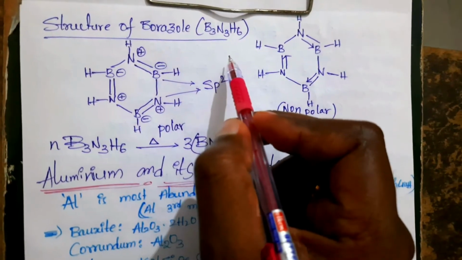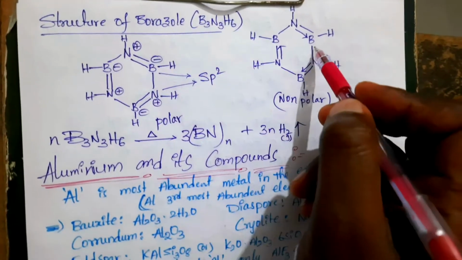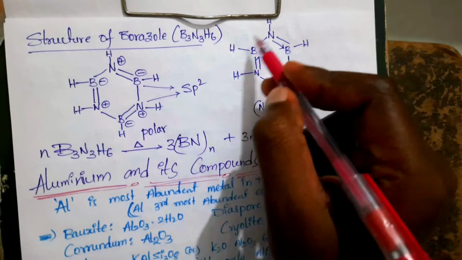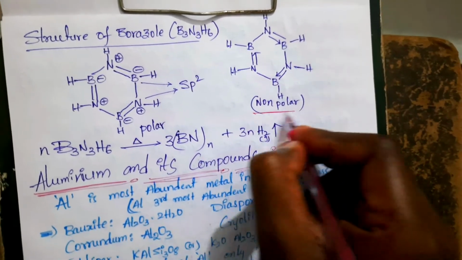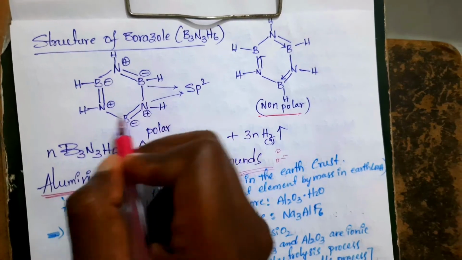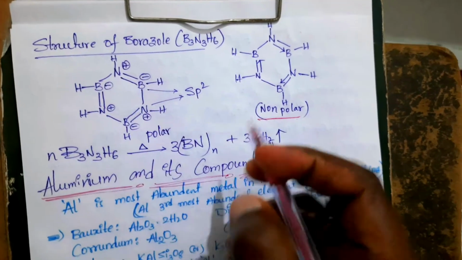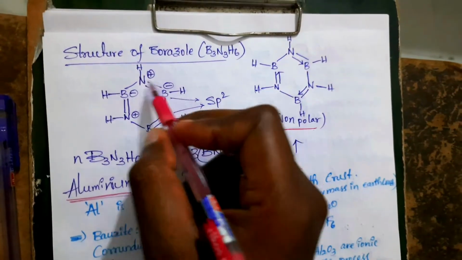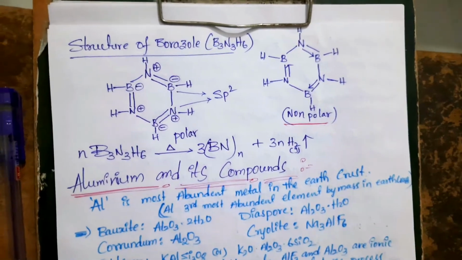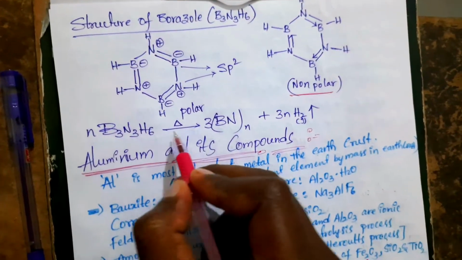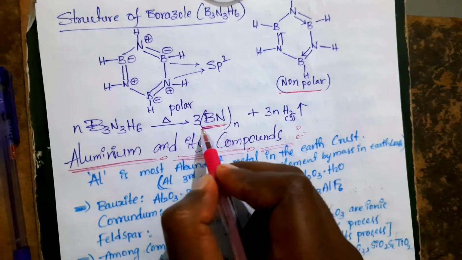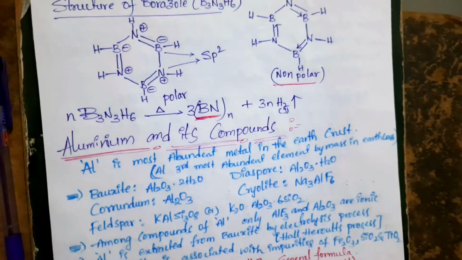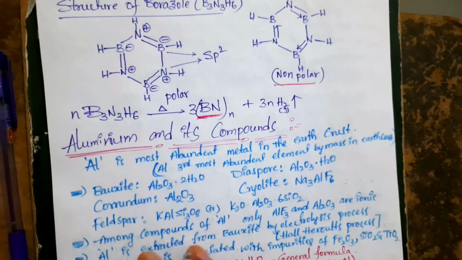Now we can see the borazole structure here. It resembles benzene. Just as in benzene we have 3 pi bonds, here also 3 dative bonds are there in alternate positions. Benzene is a non-polar molecule, while borazole is a polar molecule, in which the 3 pi bonds are in continuous resonance. Just like in benzene each carbon is sp2 hybridized, here each atom involved in the ring will participate in sp2 hybridization. Whenever this borazole is strongly heated, we'll get boron nitride. Boron nitride has a hard nature, just like diamond. Its hardness is slightly less than diamond, but it is a hard one.